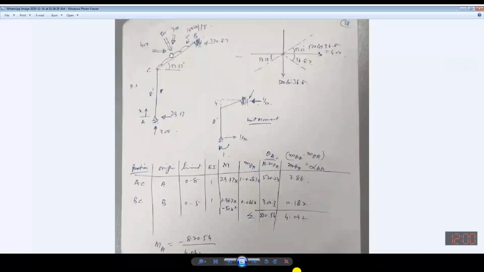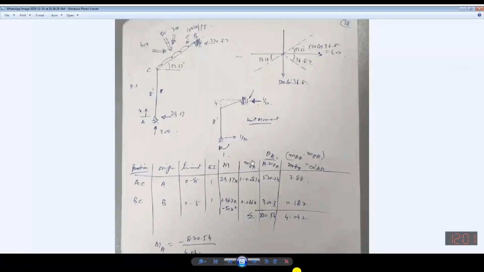ठीक है, फिर वो मोमेंट इसके ऊपर एक्ट करेगा। इसी तरीके से ये 100 है तो ये 296 जो है ये इसके नीचे से एक्ट करेगा, तो ये जो 296 into x इधर आएगा, तो ये 296x, क्योंकि ये पॉजिटिव है, क्योंकि ये ऊपर लेके जा रही है और ये सैग कर रहा है। और फिर ये आएगा माइनस, क्योंकि ये इनवर्ड लेके आ रहा है, ये जो 100 है UDL ये अंदर वाली साइड में लेके आ रहा है, तो 100 into x by 2, so it will become equal to 50x square. 100 into x by 2, तो 2 के साथ 100 कट जाएगा तो 50 रह जाएगा, तो ये 50x square आएगा।